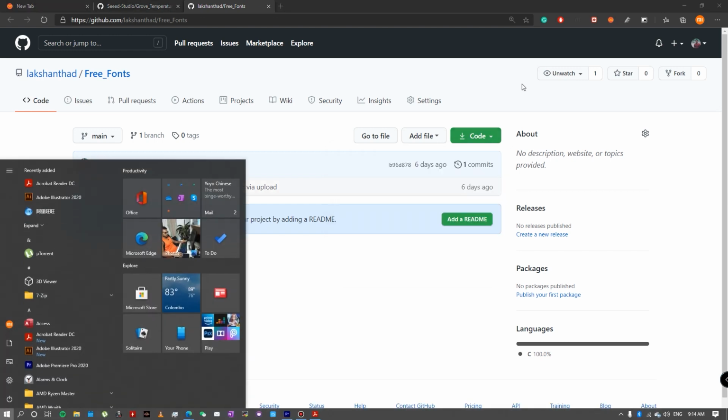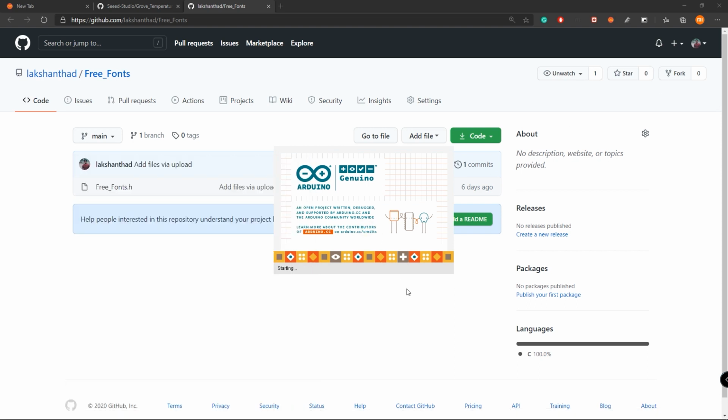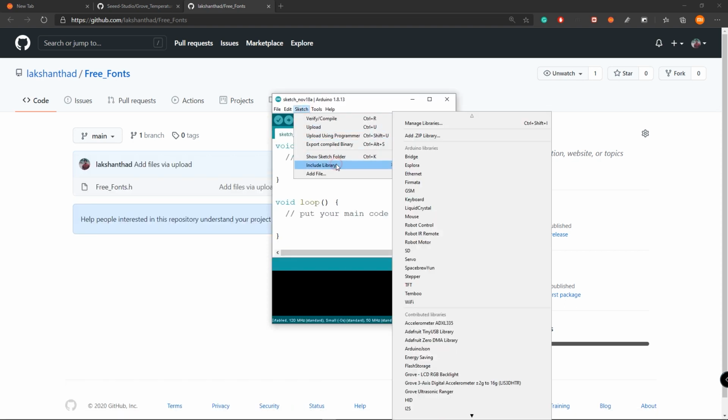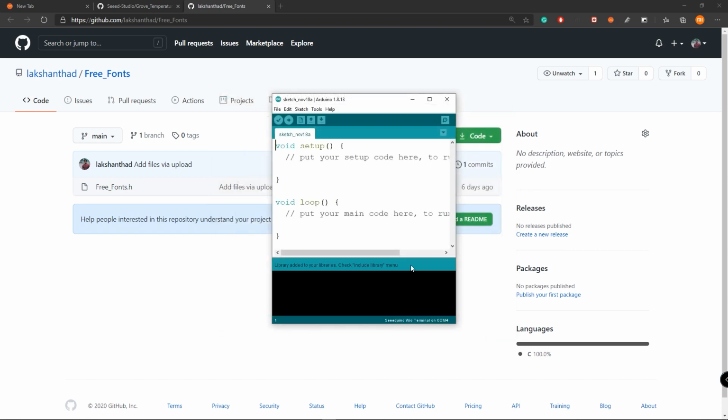Now let's open Arduino. Go to Sketch, Include Library and add .zip library and point to the location where we just downloaded the libraries and select Grove temperature and humidity sensor master and click Open. So now we have successfully installed this library. Now let's save this file.